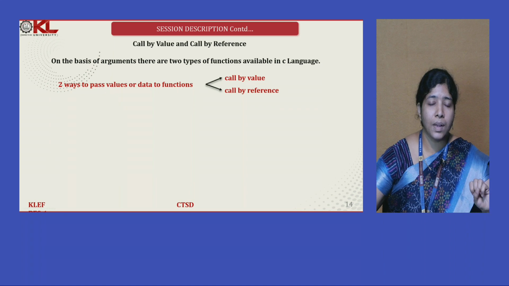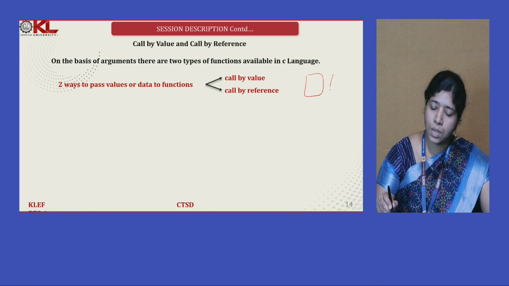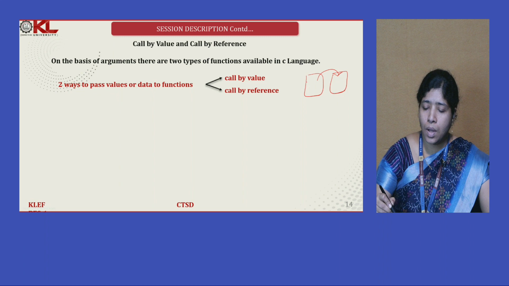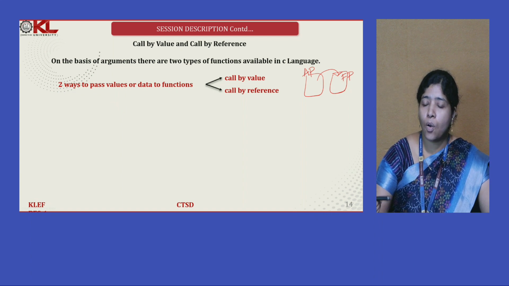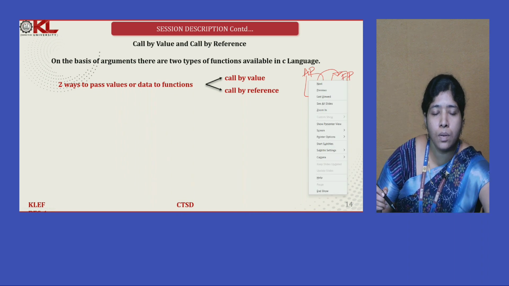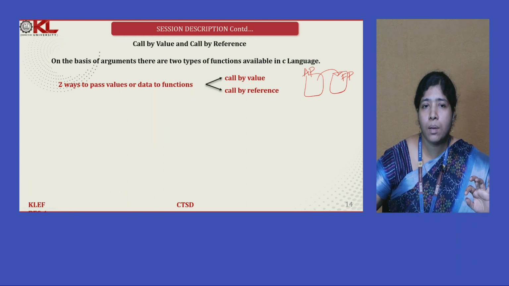So what is this call by value and call by reference? Now, if I call from the main function to the user function, whenever I am passing the values, as I told you, the variables in the main function are known as actual parameters. The variables in the user function are known as formal parameters. It takes a copy of this one to the formal parameters, but whatever we are doing is not reflected in the variable there. So whenever we are passing the data,